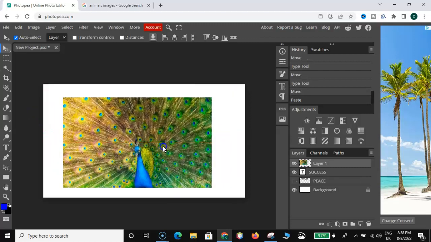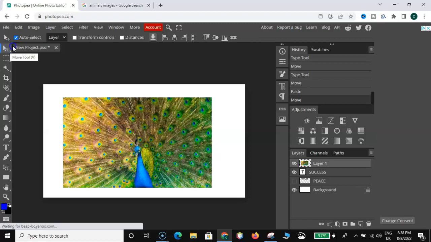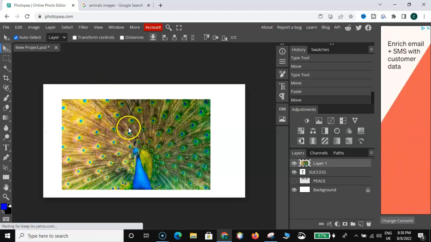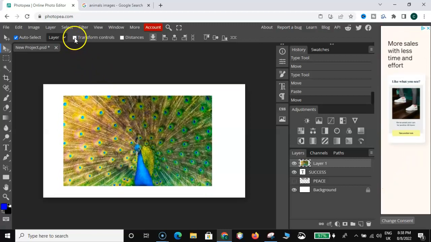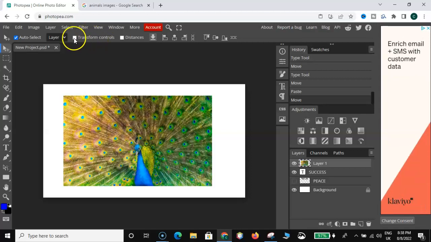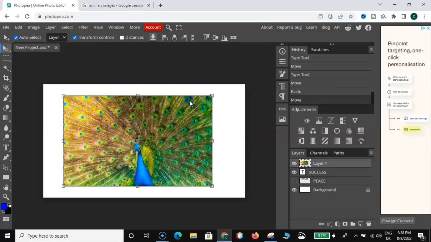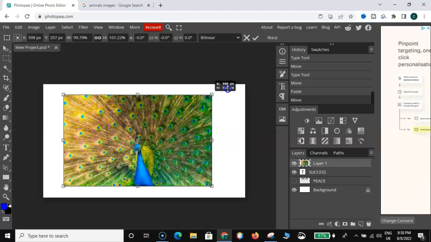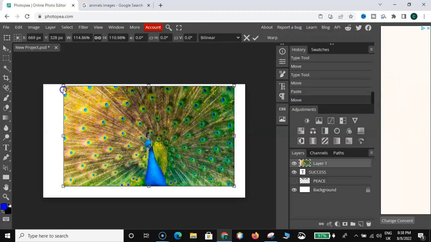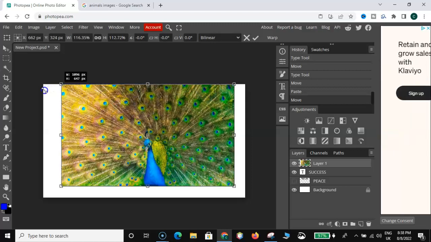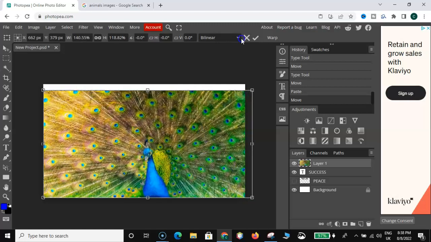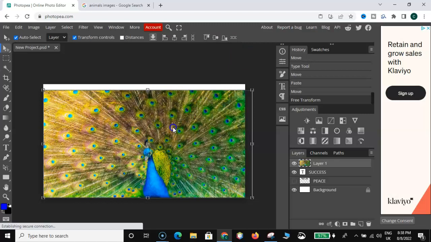Okay, we can move it because the move tool is activated and auto select. So right now I can go ahead and increase the size of this image by activating the transform controls and holding down the shift key on my keyboard to avoid the image being distorted. I will go ahead and take it from this angle and this angle as well. So right now we'll go for confirm, and then